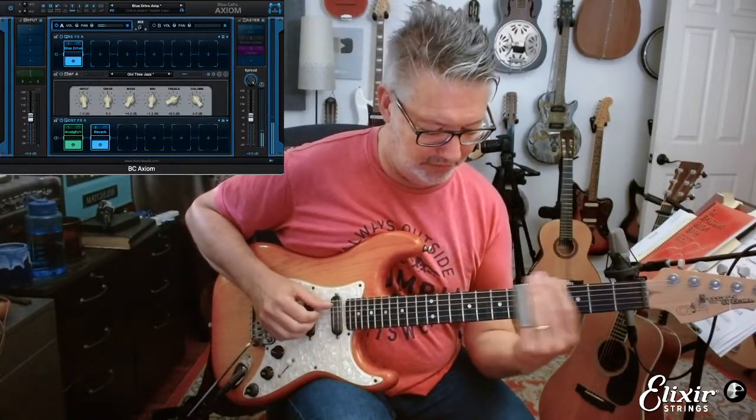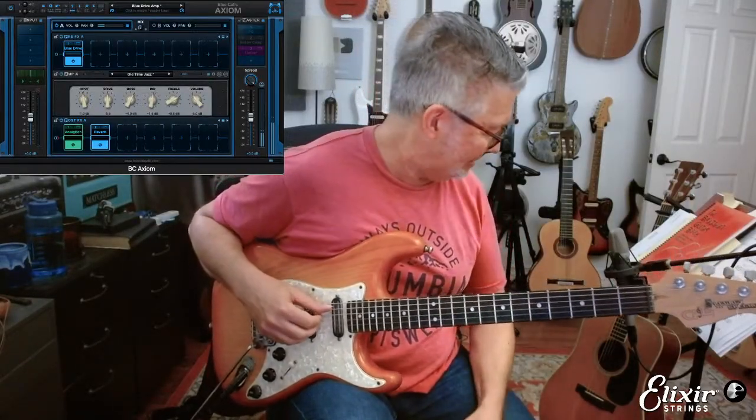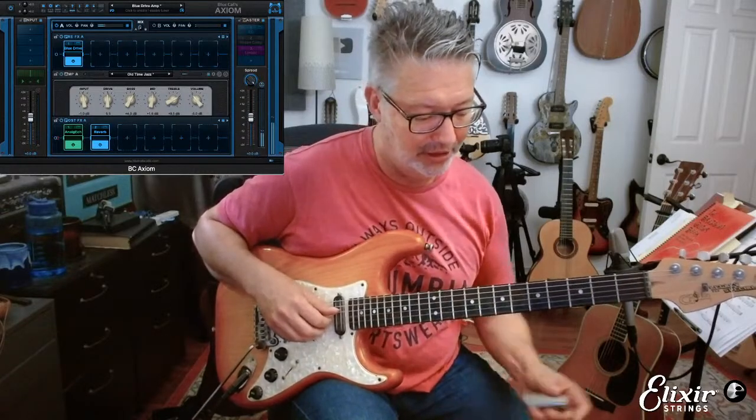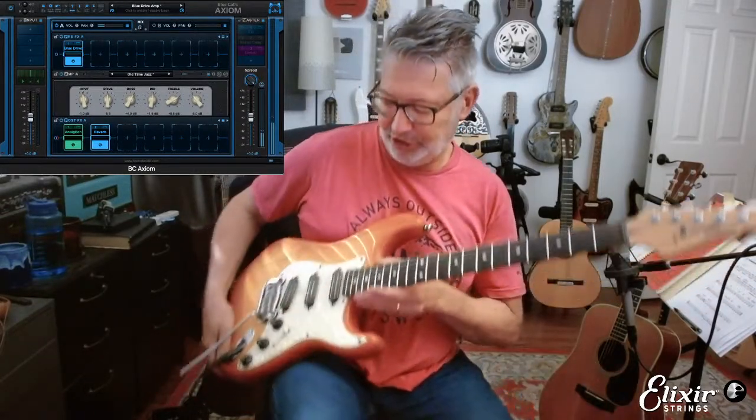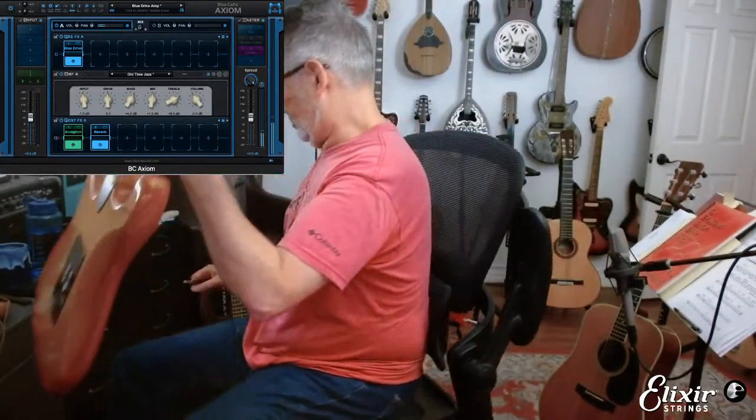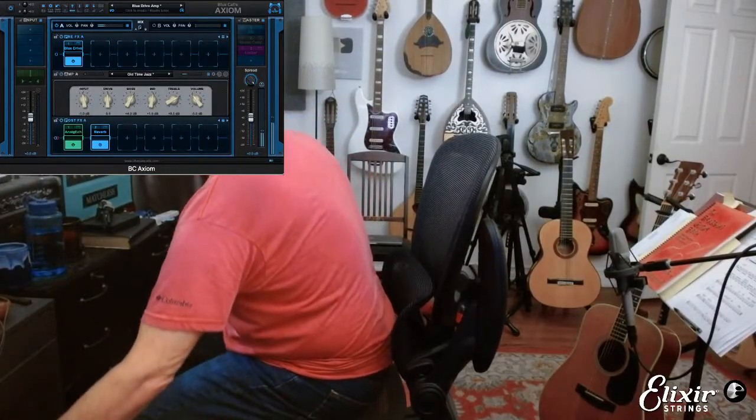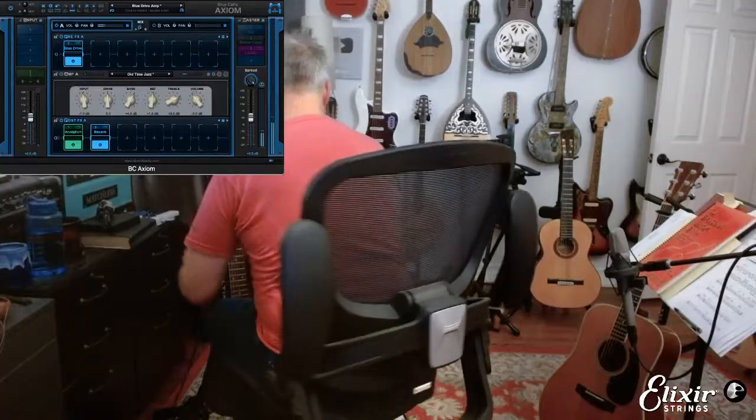So this guitar is not set up for slide. I may have to change guitars. Hold on, let me change guitars. I'm not going to use the 7th string. I got a 7th string right here, but that's not going to be the one.